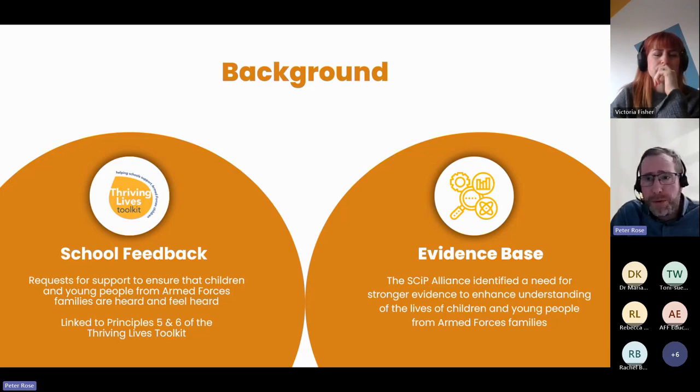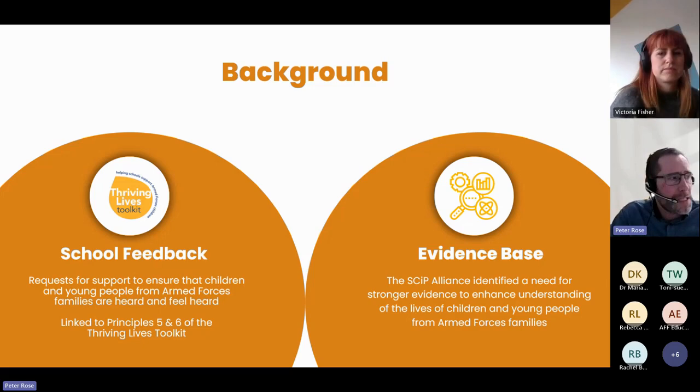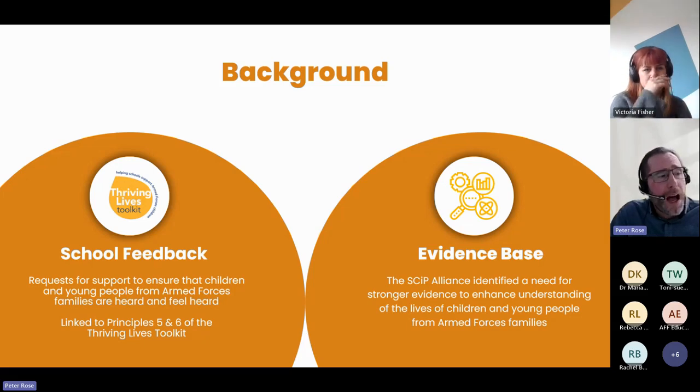One of the thoughts suggested by schools was to have a little bit of guidance on how to run surveys and how to collect some ideas, and that was what started the process of looking at designing the survey tool.